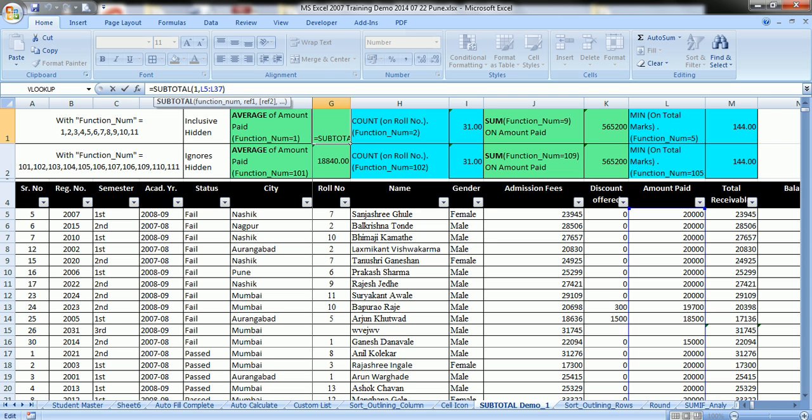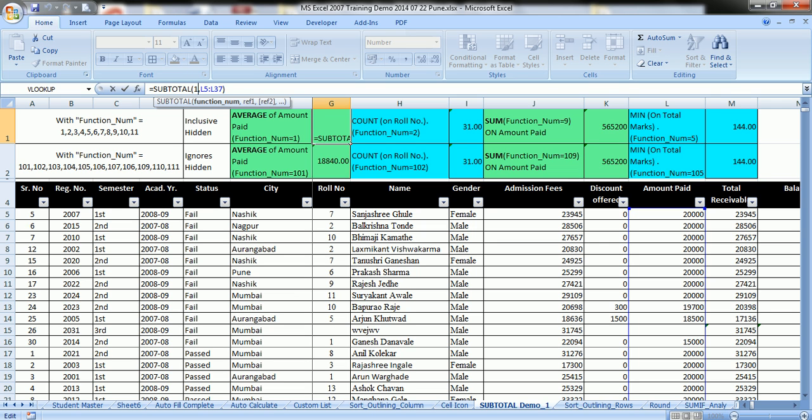Let's set the functions with 1 to 11 and 101 to 111. Here in this case we want to have average, so function num is set as 1 for the range L5 to L37, that is amount paid.